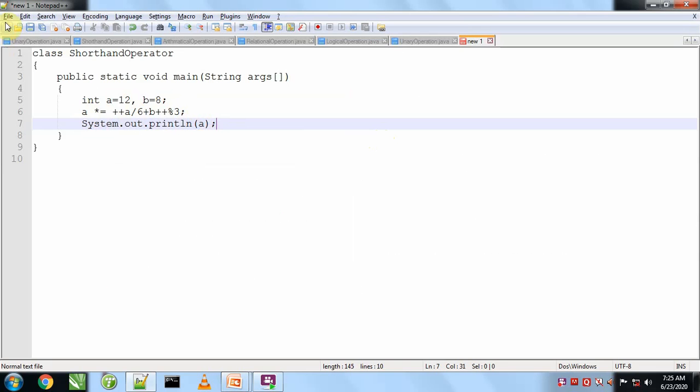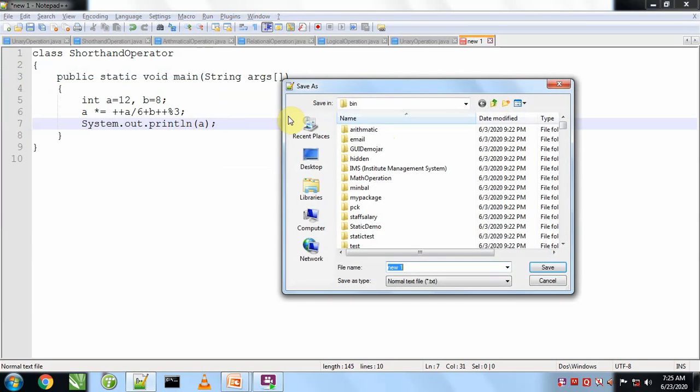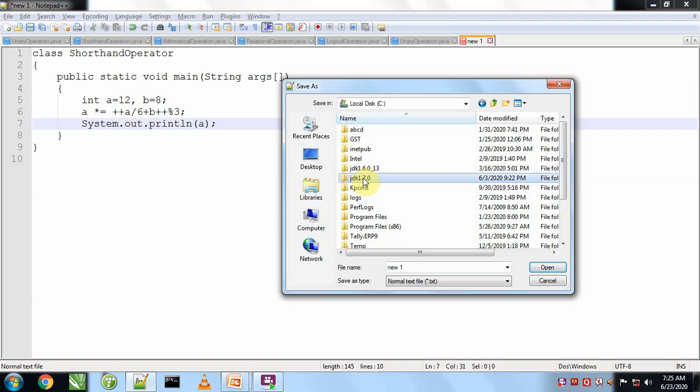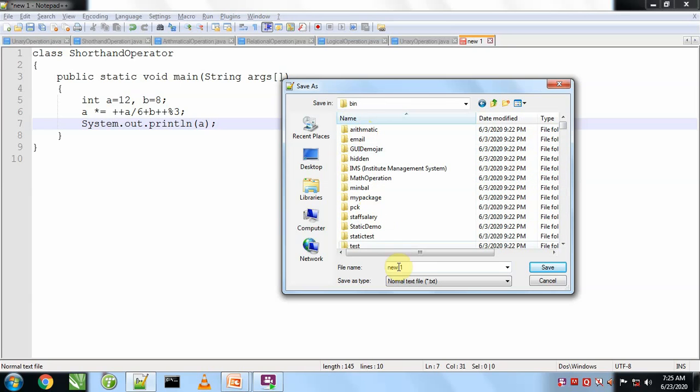Now we will save this program first. We will go to My Computer, C drive, JDK 1.7 and the bin folder. In the JDK bin folder we will save this with the class name ShorthandOperator.java.